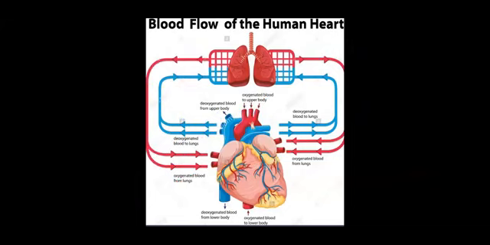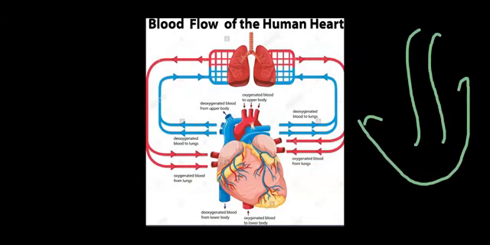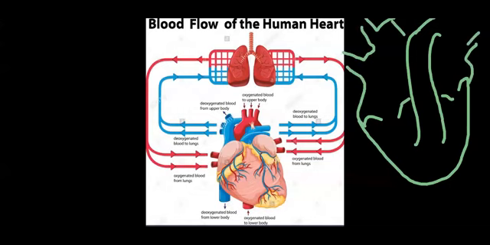Apart from that, we need to discuss the valves. I think we had not talked about the valves present in the heart, so let's talk about them. So children, these are two ventricles, right? And here is the right atrium, and this is the left atrium. Okay, so children, in our heart, four valves are there.